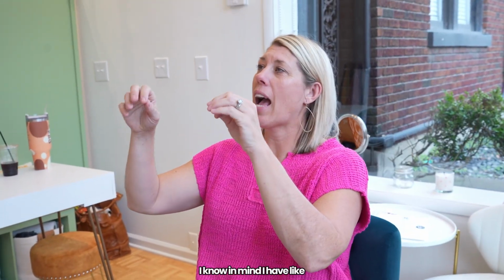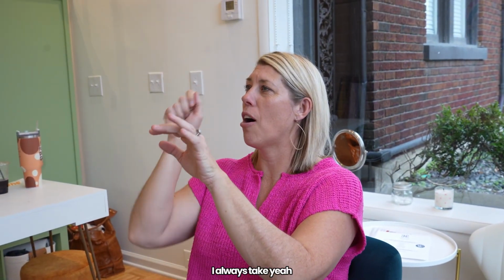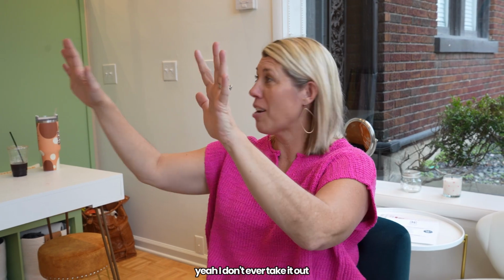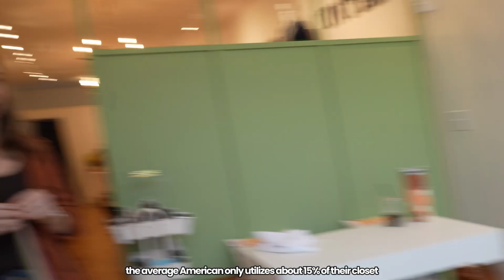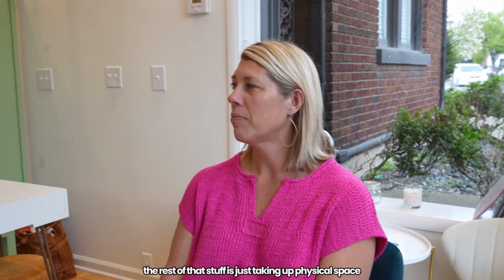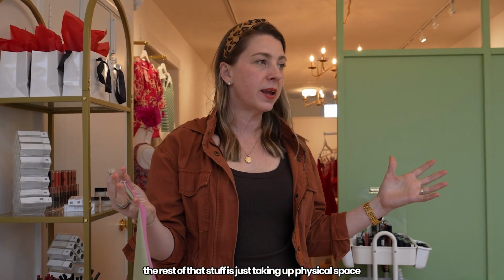You know, I know in mine, I have like 3 or 4 shirts that I always take, and everything else is just sitting in my closet. I don't ever take it out. The average American only utilizes about 15% of their closet. I totally believe that. And the rest of that stuff is just taking up physical space, but it's also taking